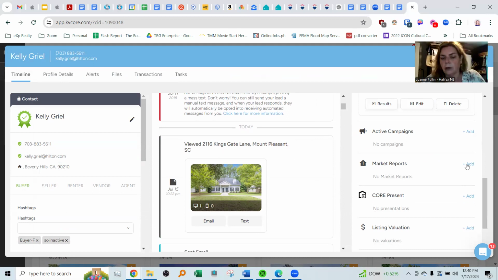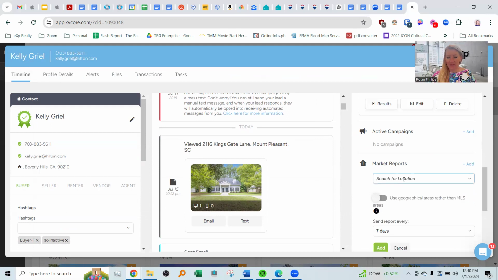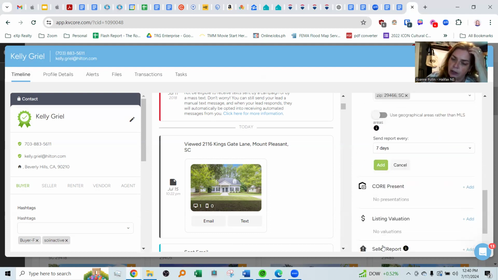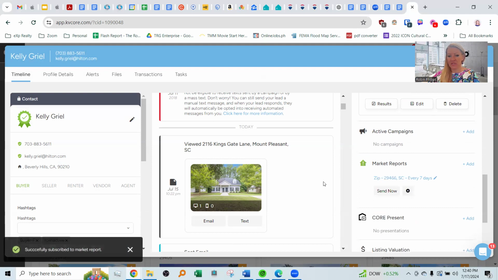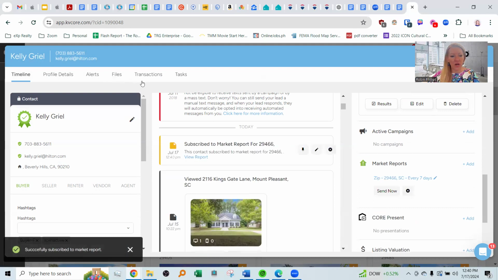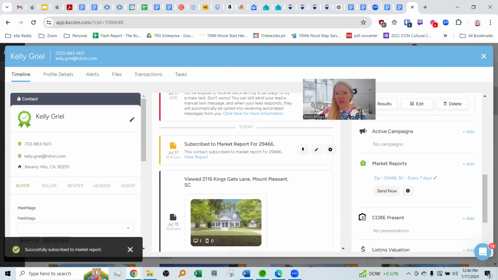This is Mount Pleasant. I can add that in. What if I don't like the way they put the home evaluation? I find a lot of the home evaluations are way lower, and the odd ones are way higher. That the computer generates versus what I would generate. So that's perfect. That's even better, right? So set up your market report, add that. It's going to send it to them. So then you can go into, let me move your face.